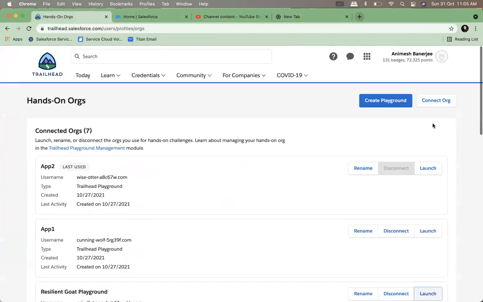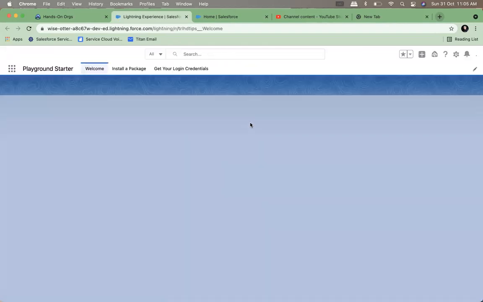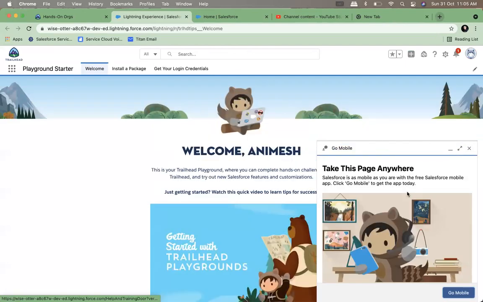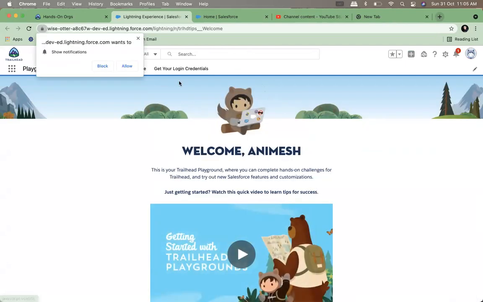When you're in Trailhead, you can create a playground. That is your Salesforce instance. You can create 10 playgrounds if you want. Use any of these playgrounds. Think of a playground as an org, which is purchased by a company. Think a company can be Reebok. And there would be multiple users who are logging in, right? Where we will see the users.